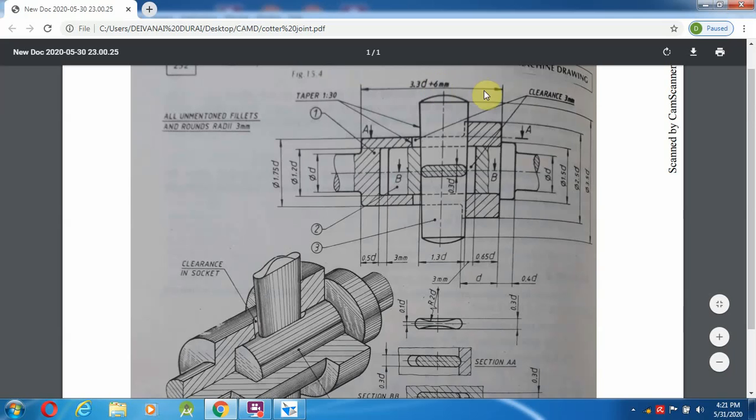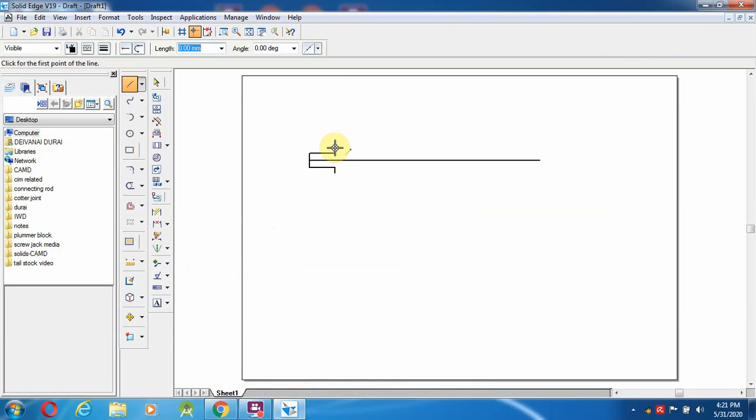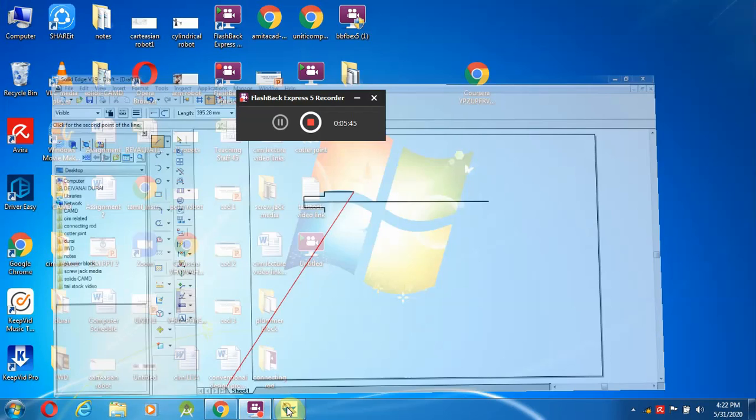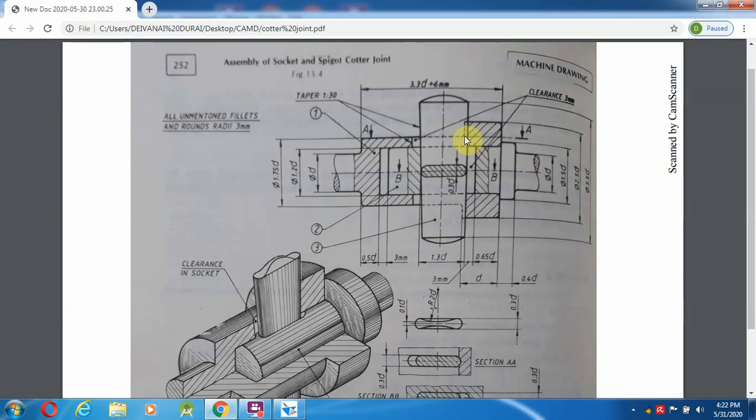So 72 minus 20 gives 52 mm, so from here we make it a 50 mm length. Enter. After creating the 50 mm, then the height.